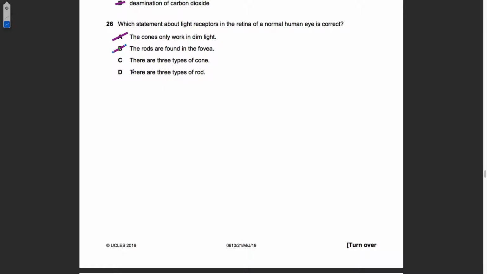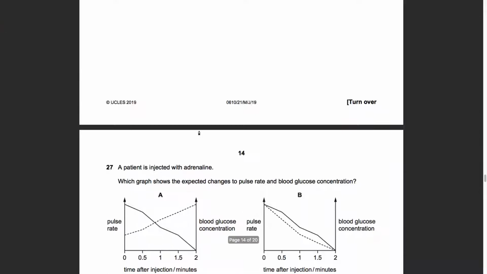There are 3 types of cone. Yes. Trichromatic vision is down to the fact we've got 3 types of cone to see different wavelengths of light, which then gives us the colours. And there are 3 types of rod. No, only 1 type of rod. They like asking that question about how many rods and cones there are. Again, in 2017, there was a similar question, but it was presented as a table rather than a list of